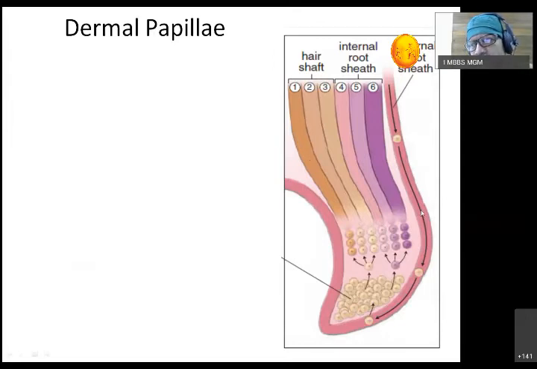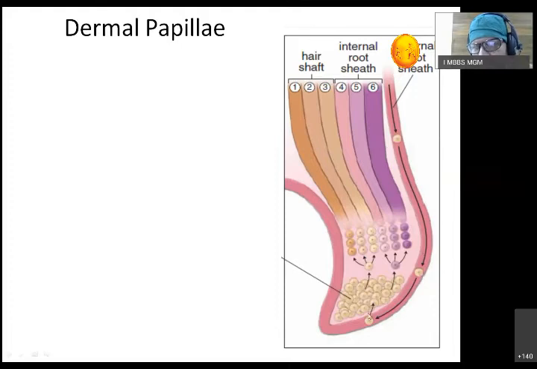From outside inward, we label it as outer layer, inner. So from the most inner one, the first three inner layers are called hair shaft. The middle one, which is growing cells coming from outside inside, that is internal root sheath. And now there will be the outermost single layer that is called external root sheath. Now the external root sheath, you can see the migration of cells is coming from the hair bulge.